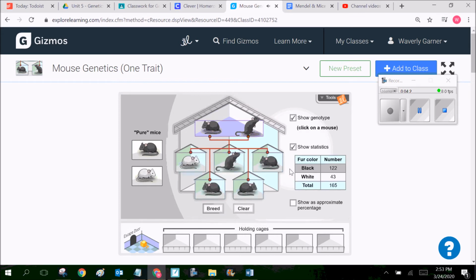Now, show statistics. What's cool about this is as I'm breeding them, it's going to be keeping track of how many of each type of mouse that I have. And then we'll show an approximate percentage of how many mice have which phenotype. So for instance, if I keep breeding them, let's say I want to breed up to 500 mice or something like that. I'll breed so I've totally bred 500 mice, and approximately 78% of them have been black and 22% of them have been white. So that can help me to figure out, again, whether or not that's going to be a good indication of